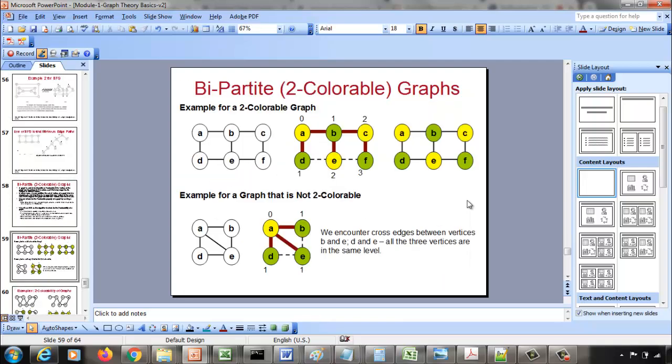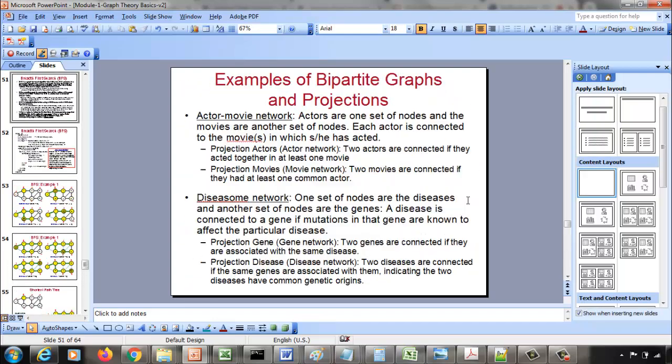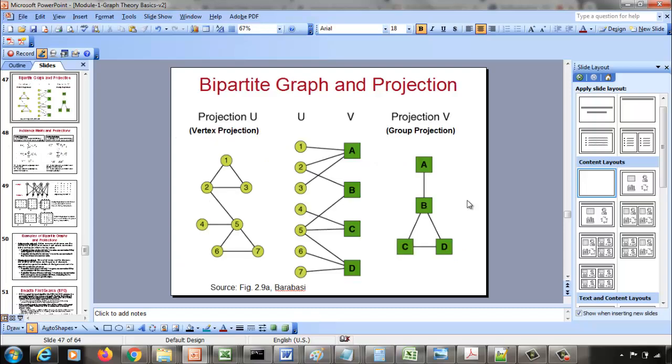Let me see if there's a bipartite graph here. Yes. So let us take up this case here. Since this graph is bipartite, I can color the vertices in each set using a particular color. So these vertices are colored in light green, these vertices are colored in dark green, let us say. So for any edge, its two end vertices are in different colors, because in a bipartite graph the edges are